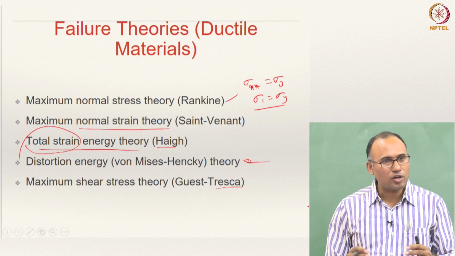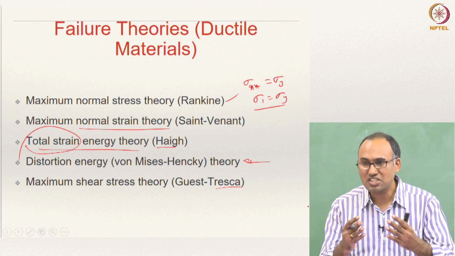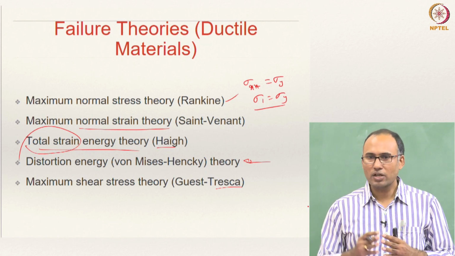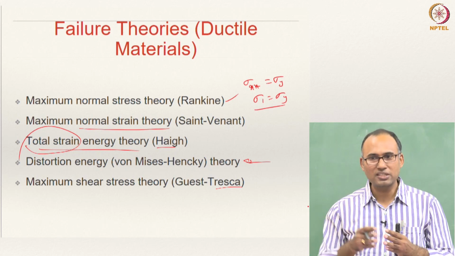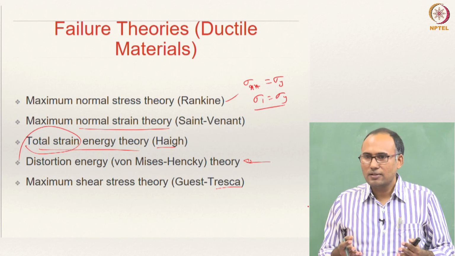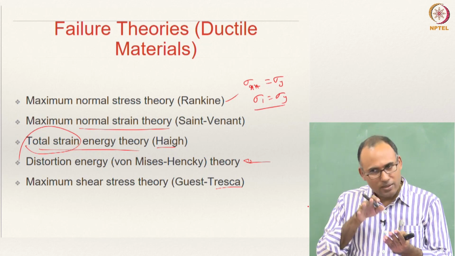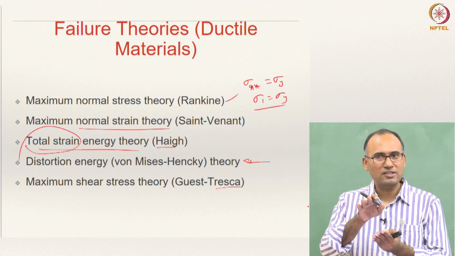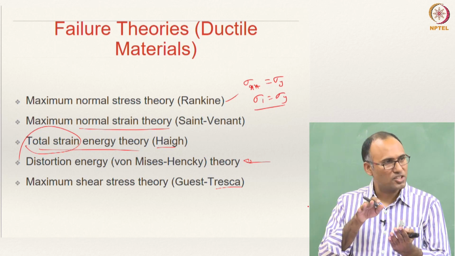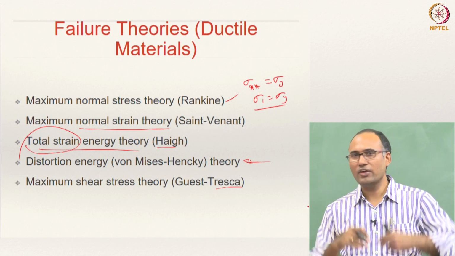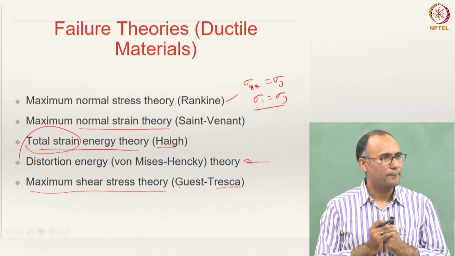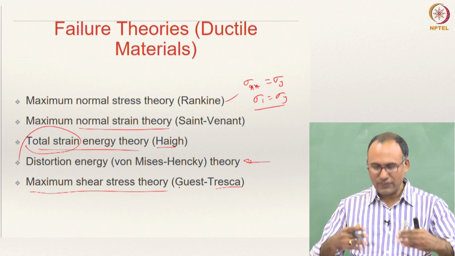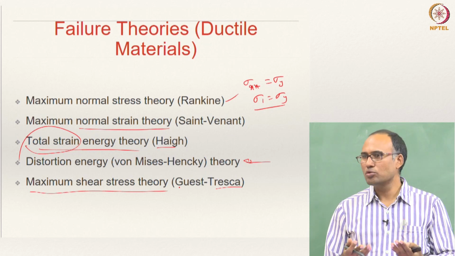And then Tresca came up with another theory, because we are talking about ductile materials. You guys are not even talking about the shear stress at all. Some of you are talking about stress, some of you are talking about strain, some of you are talking about energy. But we all know that plastic deformation is due to slip of atom planes, which is provided by the shear stress. So, I better define my failure theory based on the shear stress, and that is what is maximum shear stress. Right?